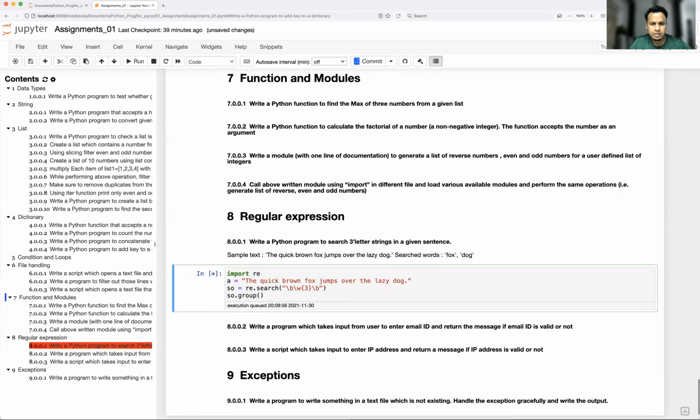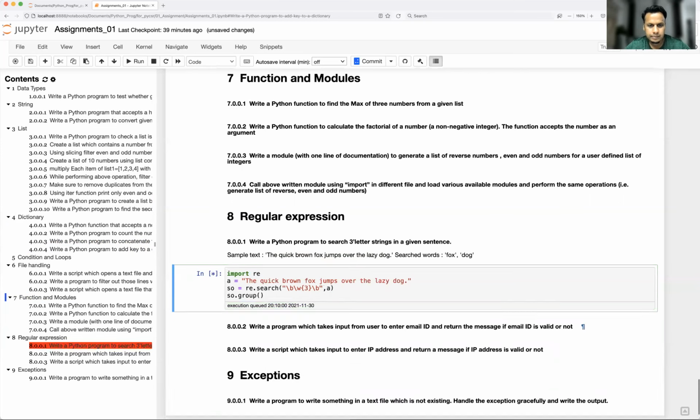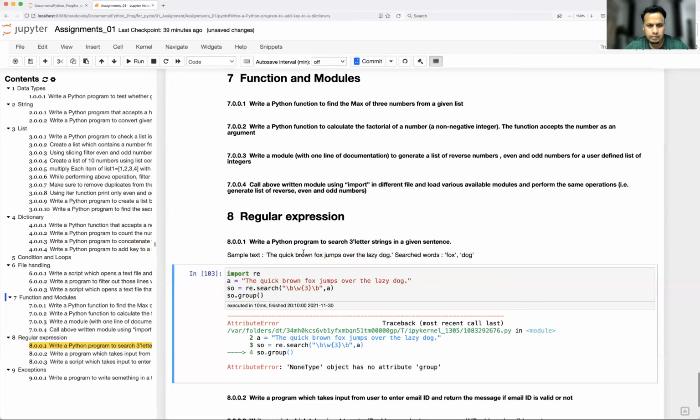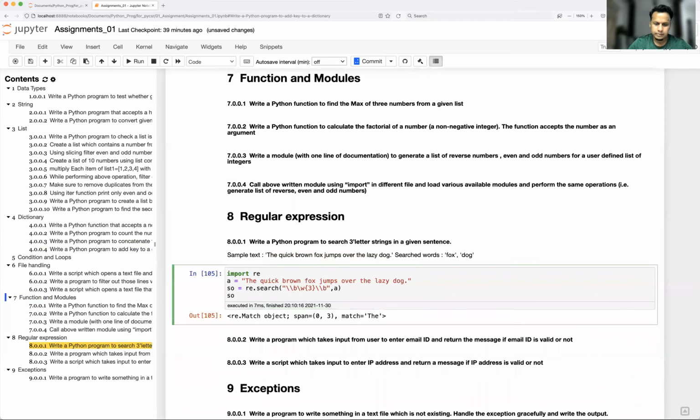If any match is found, it will return group. So where is that a? Okay, nothing is found. Okay, so it is able to find the word, but only one.